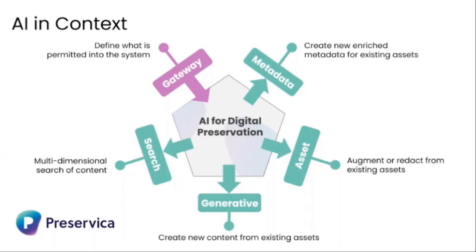Once in the product, there's the idea of creating new enriched metadata. There is a wide range of products out there which will do transcription using AI, OCR, handwritten text, translation, and a lot of metadata enrichment. Also, as part of AI, you might want to create a new redacted version of the asset or the object. You might want to create new assets from the existing assets and so on.